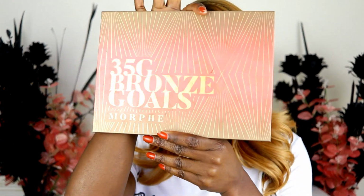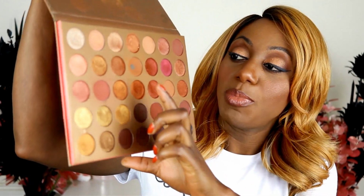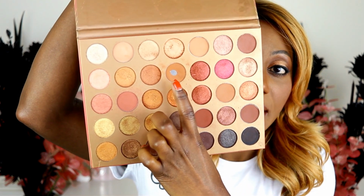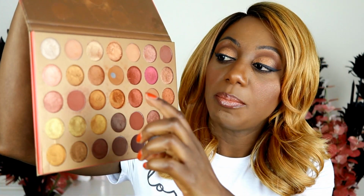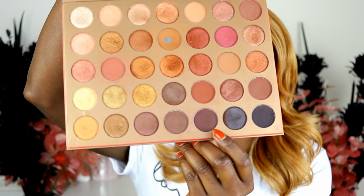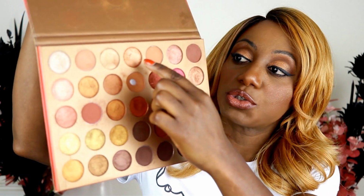All right, so what did I use on my face? Just to give you a quick rundown, I used for eyes Morphe 35G bronze gold. Very, very simple eye makeup look. My favorite shade is this one here. As you can tell, I've hit pan. I use this above the eye sockets, blended that in, and then I use this shade here on the outer corner of the eye and in the crease line, and then I went in with this final shade here